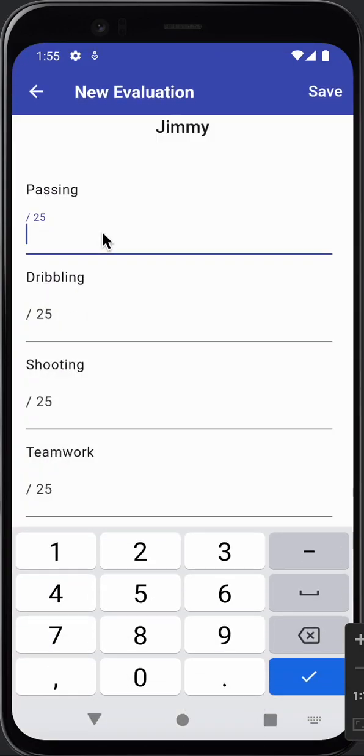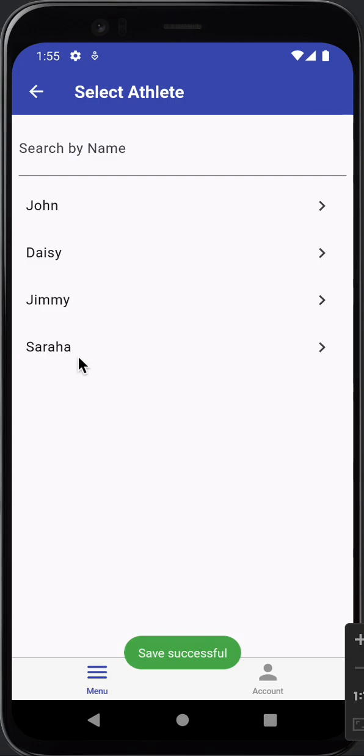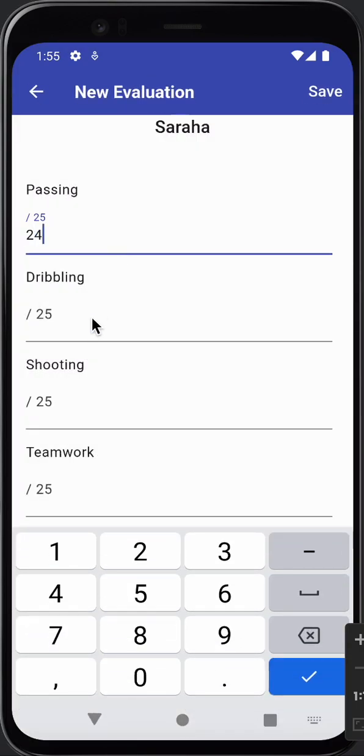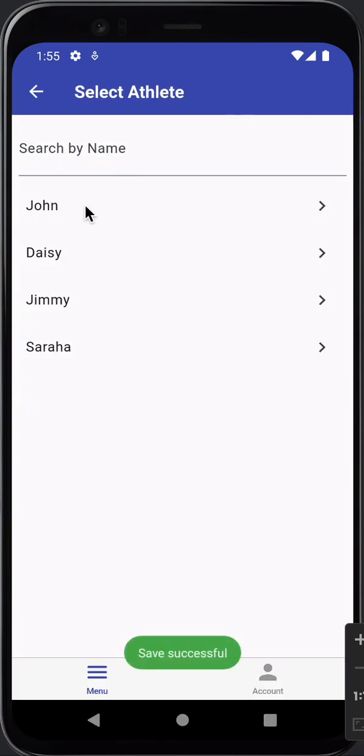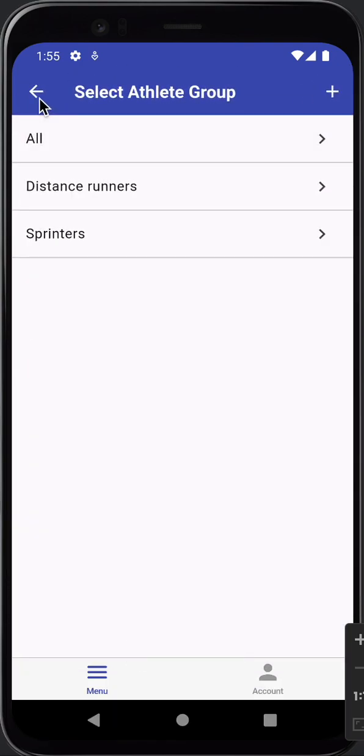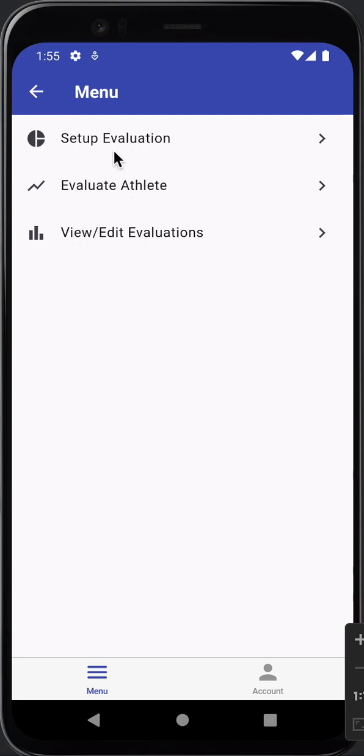So let's say I'm going to give him 22s all round, and hit save. And let's do Sarah as well. Let's give her 24s, and hit save. So now I can go in and view all the evaluations for each student in this view